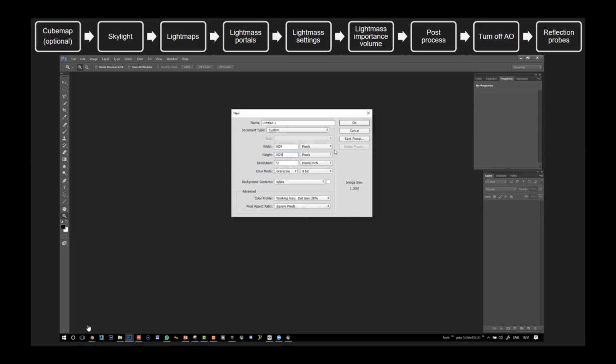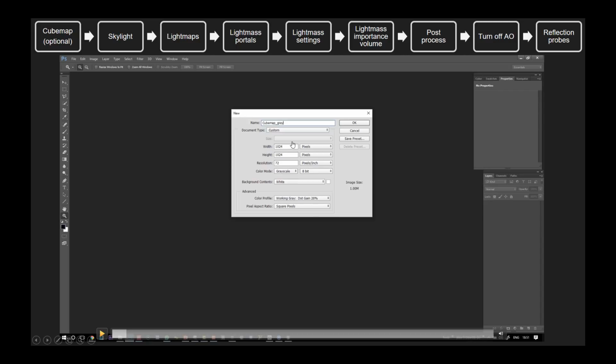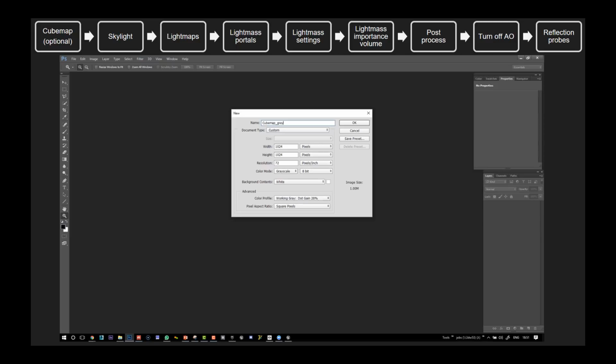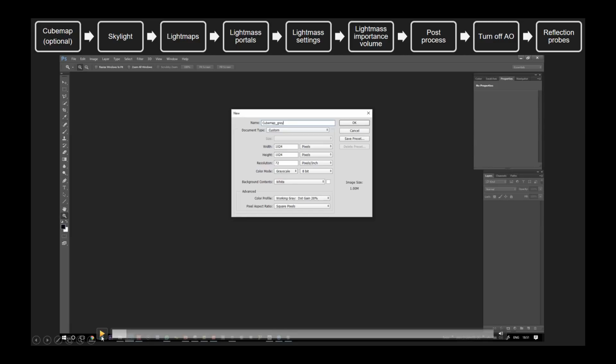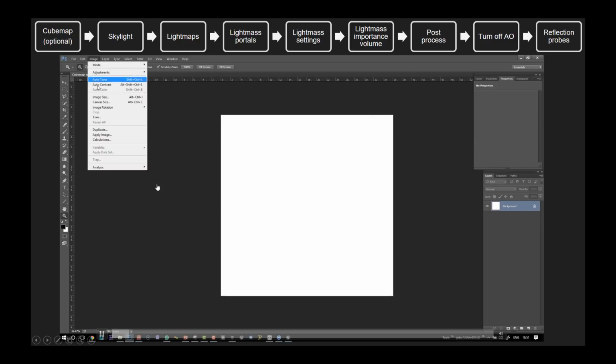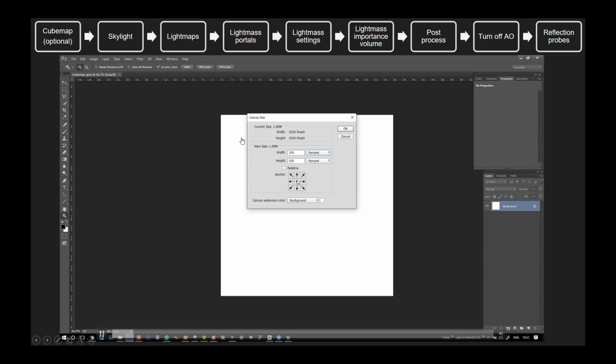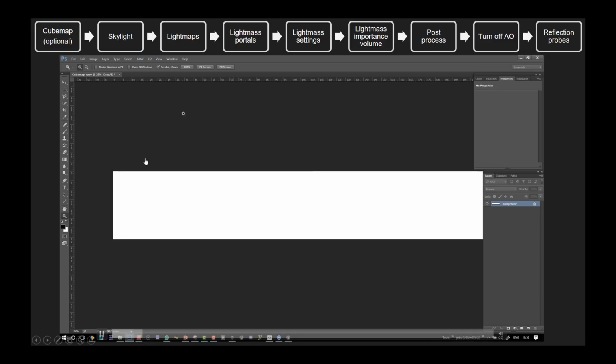So here we go. I'm creating this cube map in Photoshop. Feel free to fire up Photoshop and go along with me on this. This is me doing it, but I've sped it up, so it might be a bit quicker than you. While your Photoshop's starting up, if you're in front of your computer, feel free to do it, because then you'll have a cube map ready to use in your own project as soon as this webinar is finished. So I just create a square image, 1024 pixels or 256 will do actually. I don't know why I did it so big. And I just resize it, scale it 600 times,